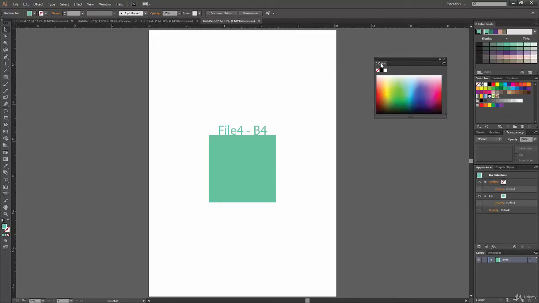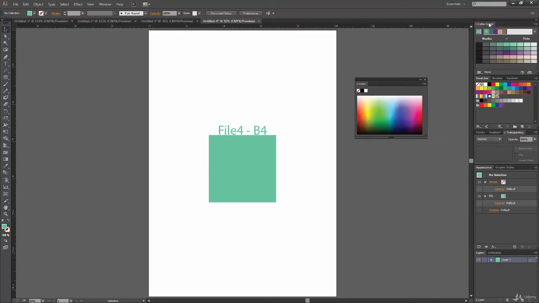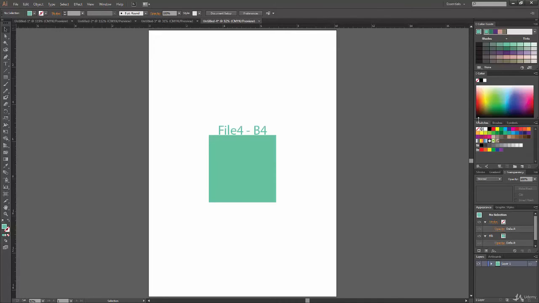Or, when I put it between two panels, let's say we have two panels here, color guide and swatches, and I drag this new panel between them, I get this blue line. That means it is working as a separator between these two, or it is going to be put between these two panels. So here we have all our three panels together.